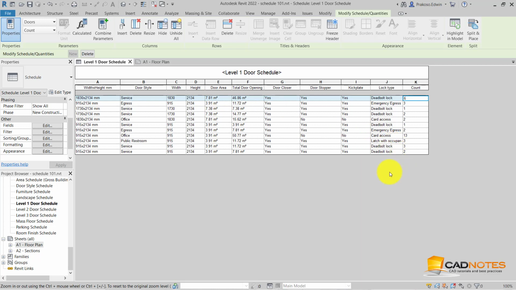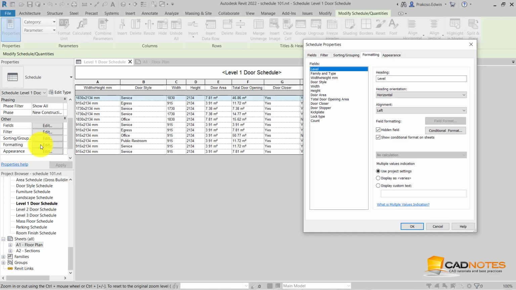The last thing we need to do is to add the grand total of the door opening and the total number of doors. We can do that by going to the formatting tab. For count, it's already set to calculate totals, and for total door opening area, we can set this to totals also, and for door area we set that to no calculation.